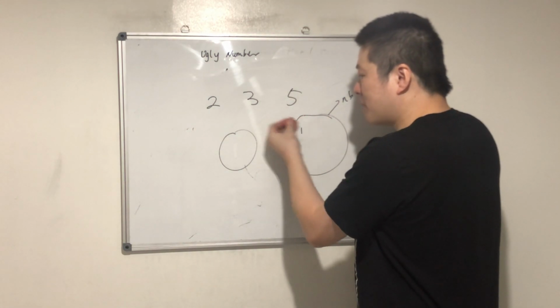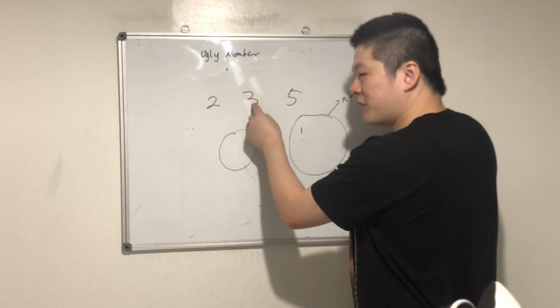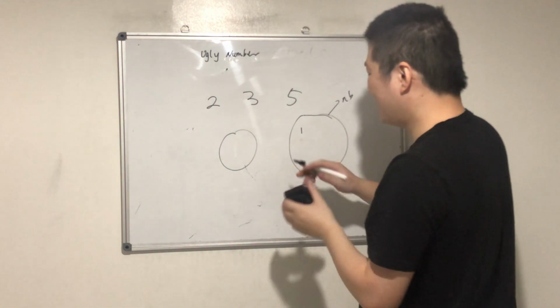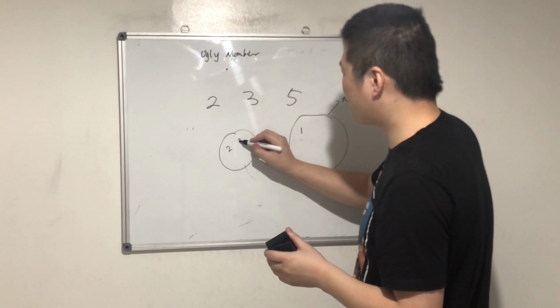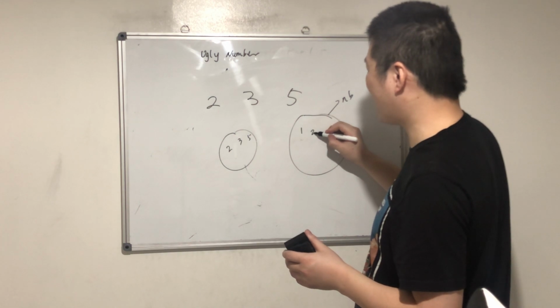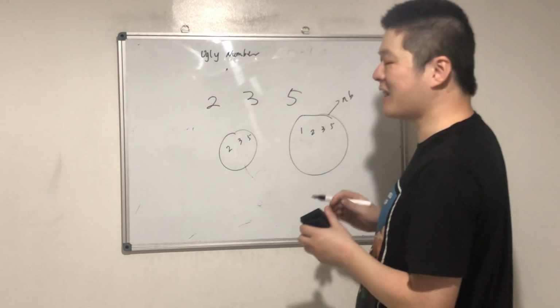I use this number times 2, times 3, times 5, right? If they are not seen here, so that will be 2, 3, 5. And then I've seen 2, 3, 5 here, right? Okay, so next time,